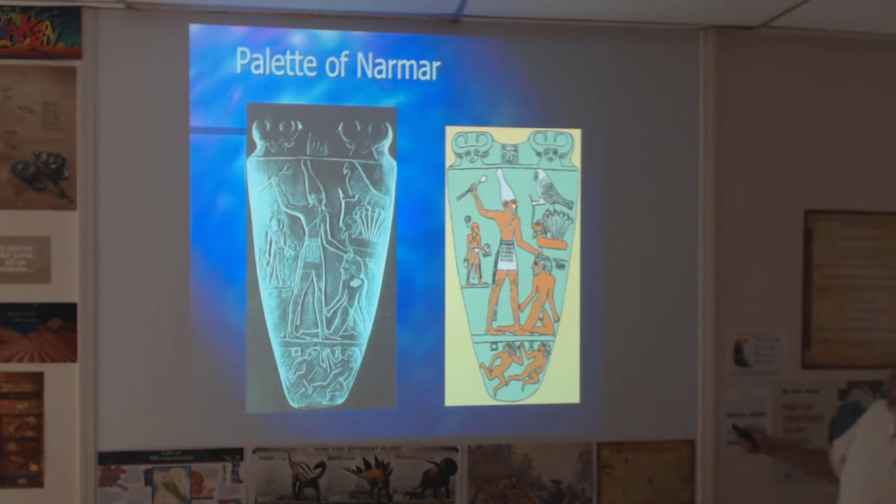All right, let's see what else we got. He's got a white crown on. That is the crown of Upper Egypt, from where he came. And he's smiting a captive of war. Okay, and then we have up here a hawk. That hawk represents the king himself. And he's holding an enemy. This is representing an enemy. He's holding an enemy by a ring in his nose.